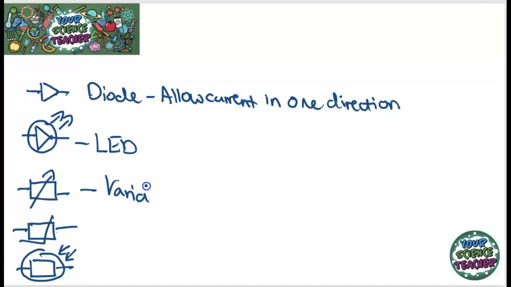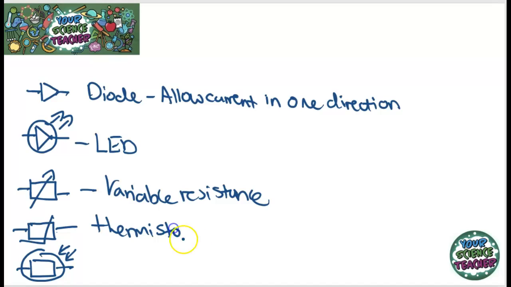I've also drawn 3 different types of resistor here as well, and this one is a variable resistor, so it will vary the resistance inside a circuit. Underneath it I have a thermistor, which varies resistance based on heat. Used in some smoke alarms because of the fact it can sense whether it's got hotter or not, and then it can ring if there's less resistance in the wire.